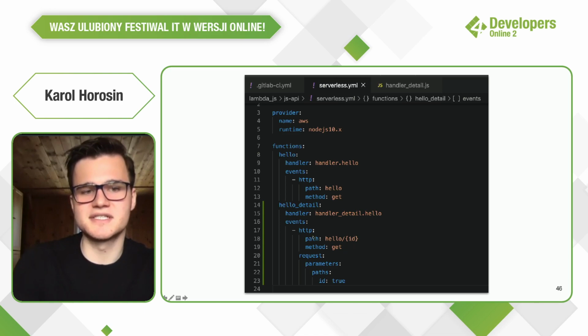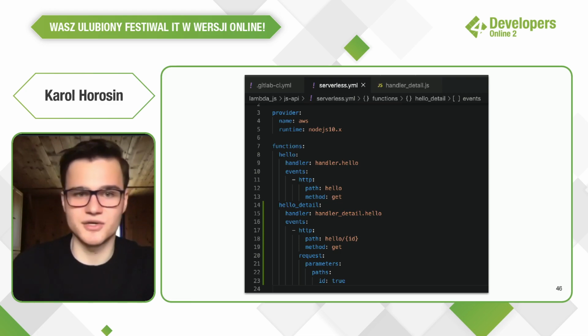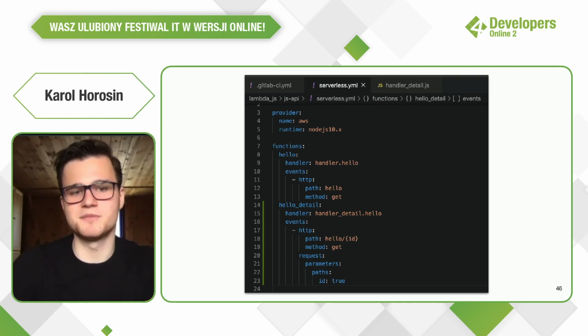And the event is different in a way that we add a path parameter. So you can see hello/ID in the curly braces. And we do that with get method. And for the request, we specify what is the path parameter, it's ID. And we say that it's there. You can actually specify more things, like some basic type of the parameter, so it gets validated, but we just